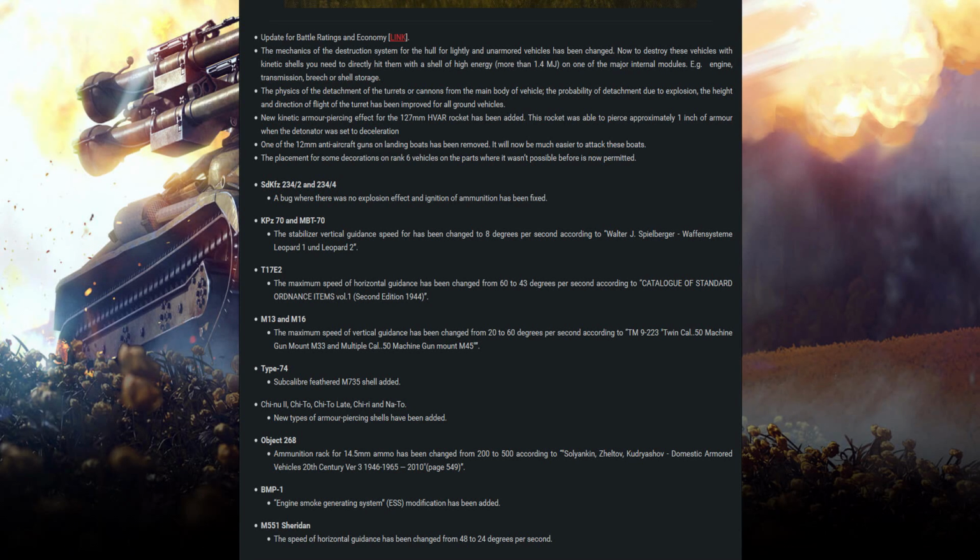On one of the major internal modules, e.g. engine, transmission, breech, or shell storage. So what they're saying is they've done away with the previous hull-breaking game mechanics and changed it to what I've just described. So you need an extremely large caliber gun to fire an AP round, and it has to hit the engine, transmission, gun breech, or shell storage, aka ammo rack. That's just bullshit. It's just another